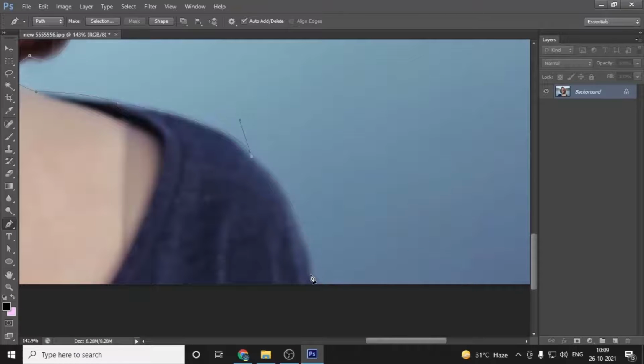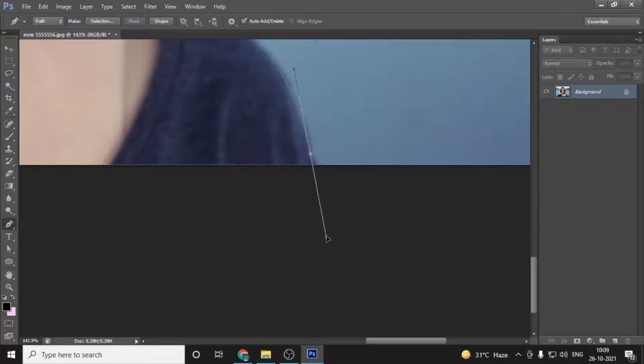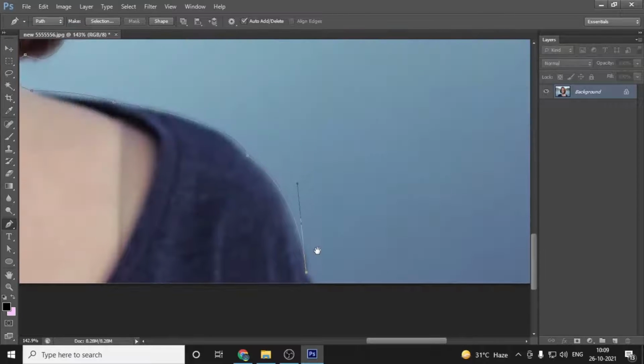I think I need 2 curves. Press Alt, click the point. I need to use A. By the way, for the A tool, I am just taking the tool over here, pressing A.